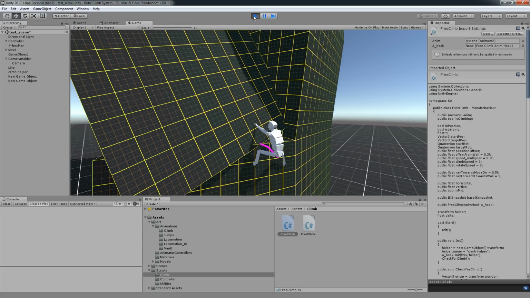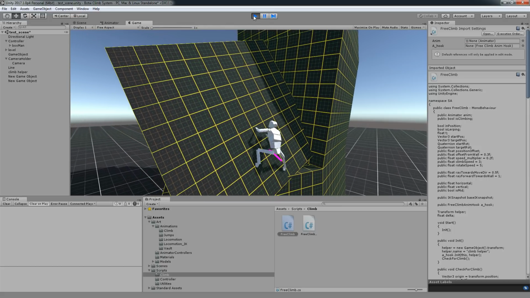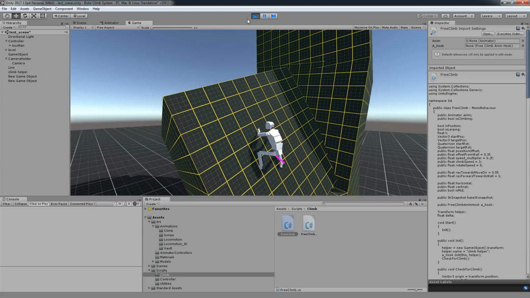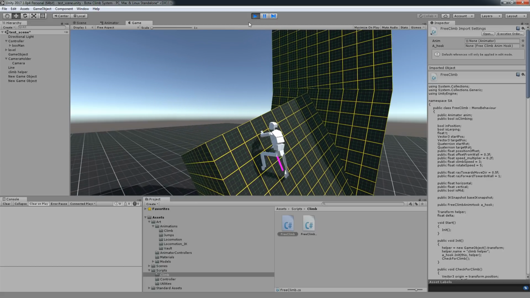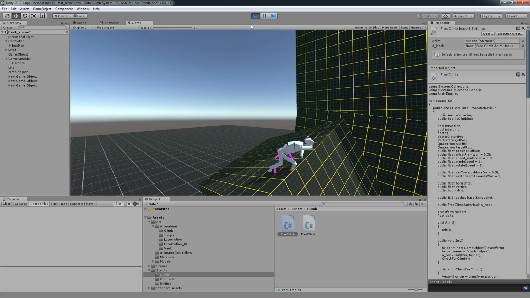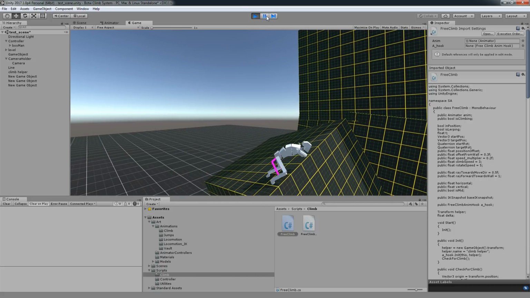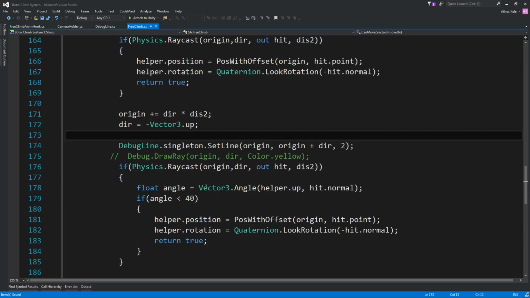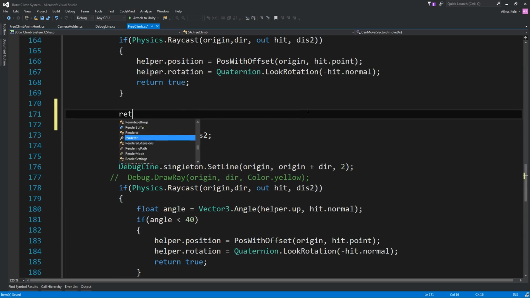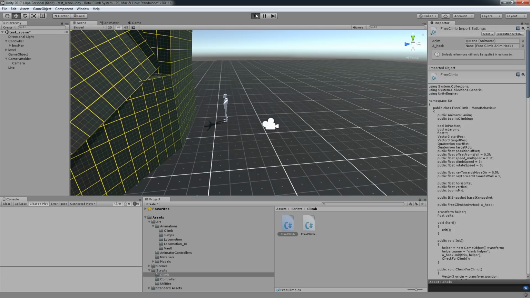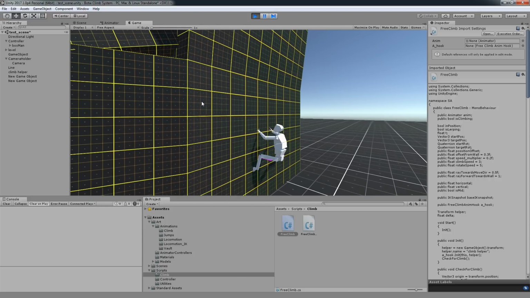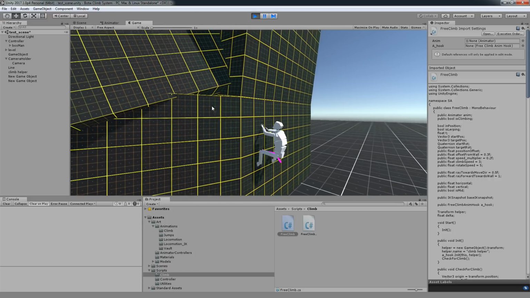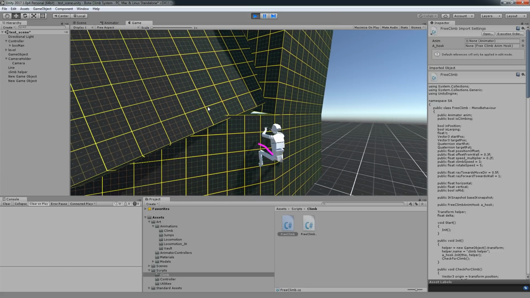And for example, let's see. So this happened right now because we did this. So let's put a return false over here. So it's just a matter of finding ways to be doing the raycast right now that will allow us to go on all positions.